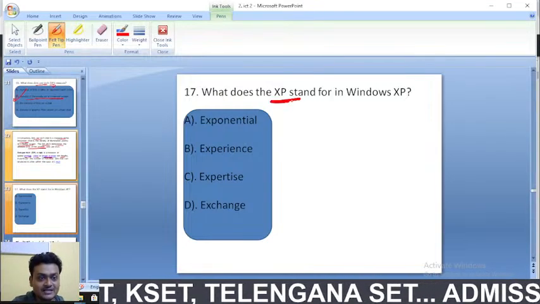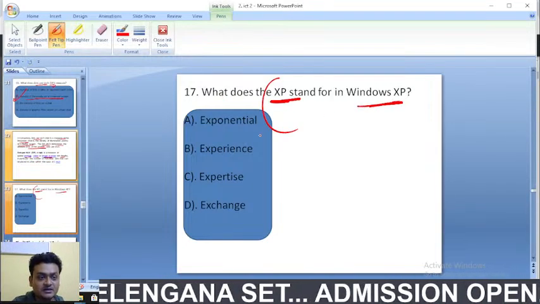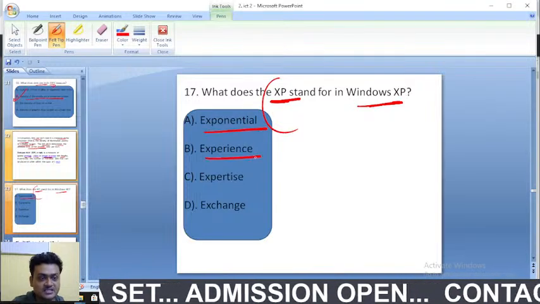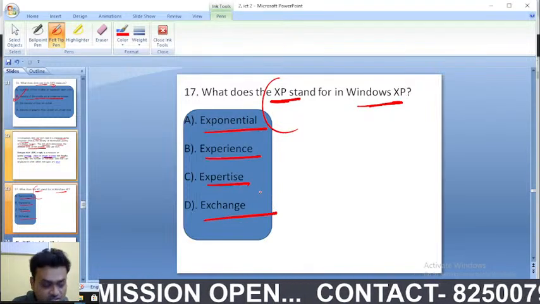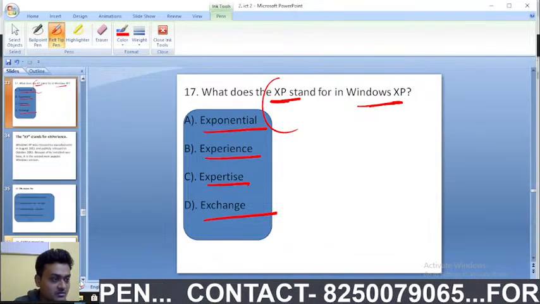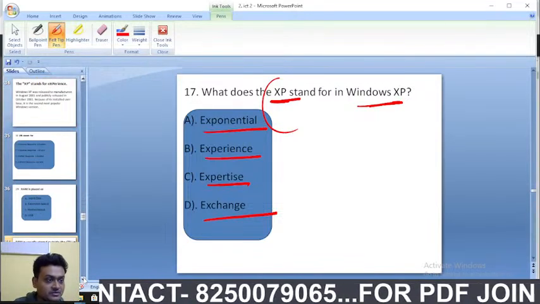XP का stand, what does XP stand for in Windows XP? Exponential, experience, expertise, exchange. XP stands for,